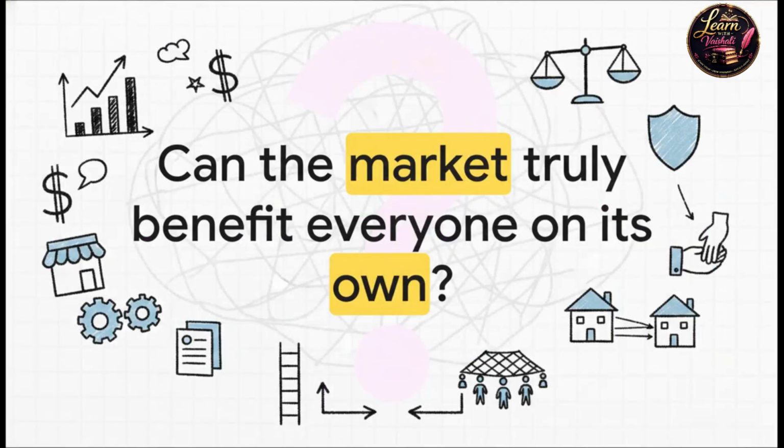I want you to really think about this question for a second. Can the market, entirely on its own, truly benefit everyone? Or is government intervention absolutely necessary for a functioning, healthy society? Imagine if we step back and let the free market dictate literally everything. Would every single person genuinely get an equal shot at success? Or would some people be left behind right from the starting line? This tension, right here, is the ultimate balancing act of modern political science. And it's exactly what this explainer is all about.